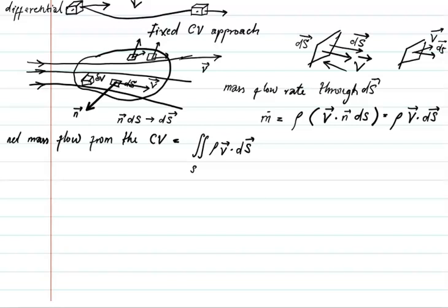The time rate of change of the density of the mass. Let's name it the mass. Time rate of change of the mass. So the mass here is